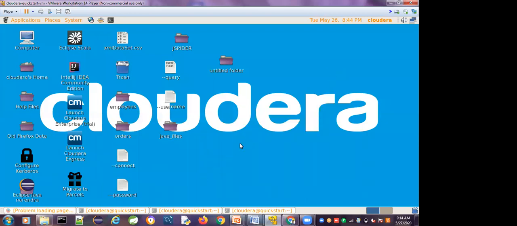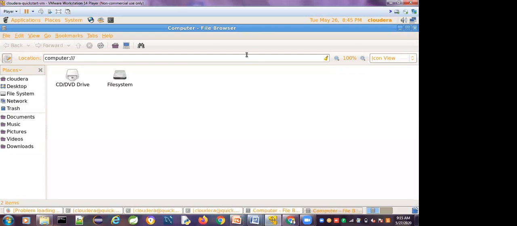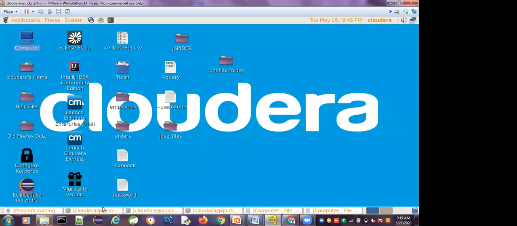In my virtual machine, the PuTTY tool is not present. Usually, the PuTTY tool is used to connect to the Linux server. We have to give the IP address, username and password. Then you are allowed to connect to the Linux server. I think it is not present. Okay, I will show you later from my personal lab.